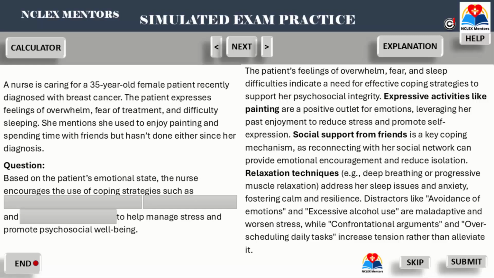These strategies are supportive and can help improve both her psychosocial well-being and ability to cope with the stresses of